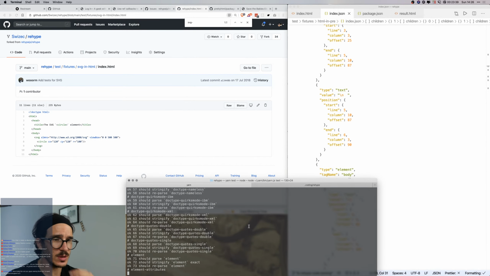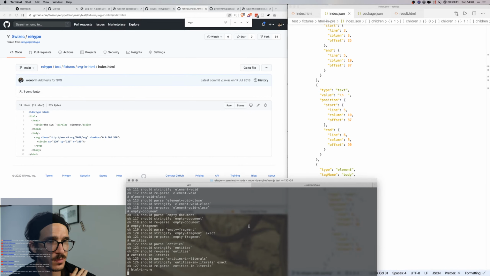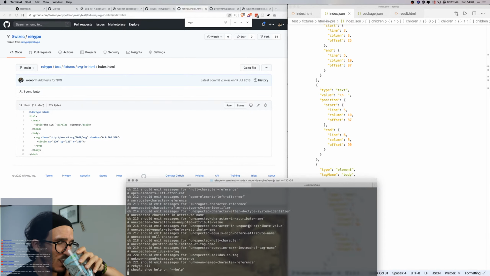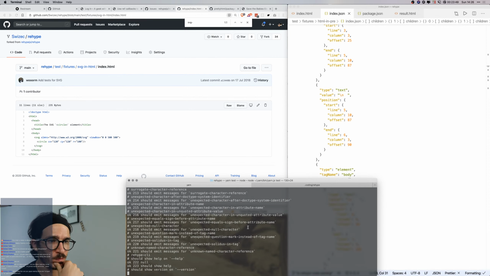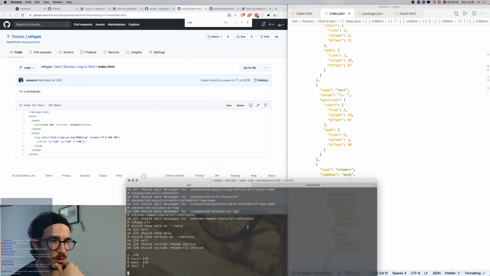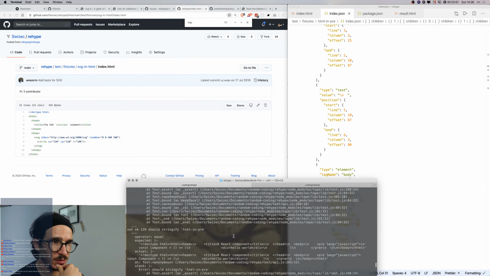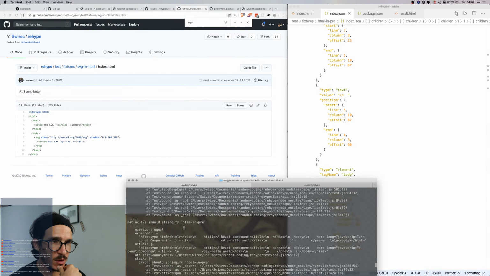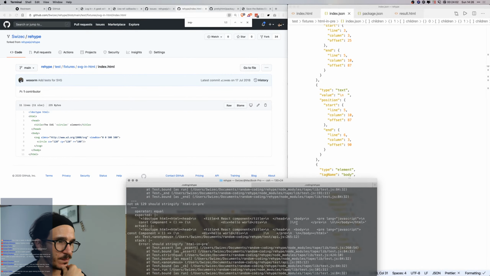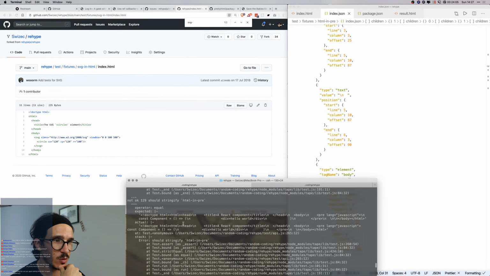Now let's see. Yarn tests, what did they say? Come on, computer. Run tests faster. Okay. Cool. Should stringify, yes. Aha. Nice. So what we can see here, I don't know how well you can see in here, but it looks like it did actually stringify incorrectly.